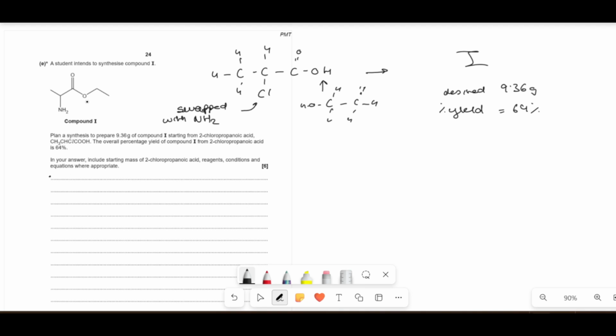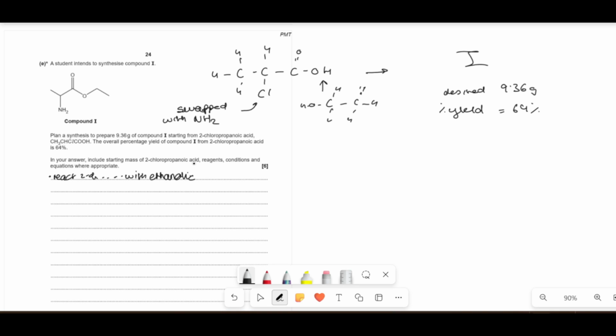So we're going to swap the Cl with an NH2. So what we do is we're going to make that synthesis, so the reaction. So we need to think about synthetic pathways. So what we will do is we will react the 2-chloro blah blah blah blah blah with